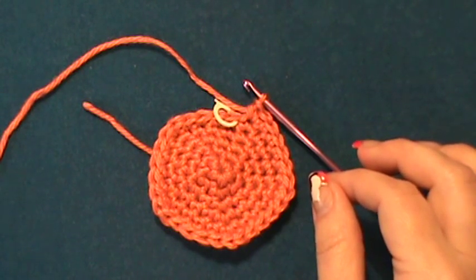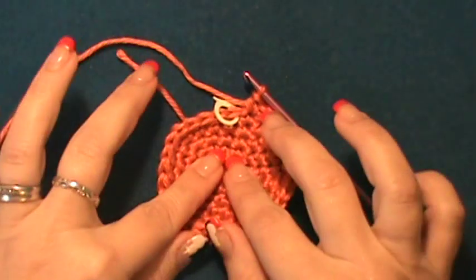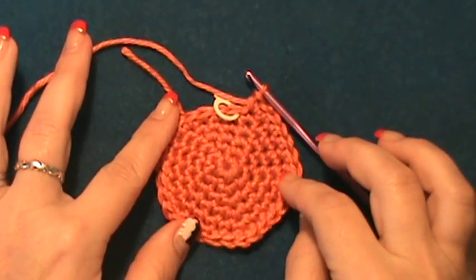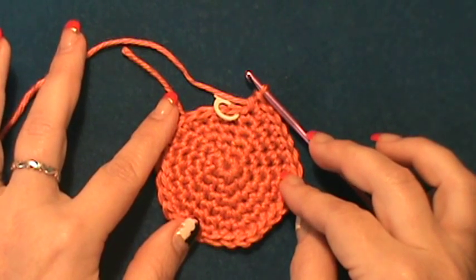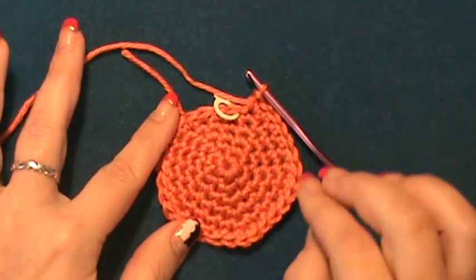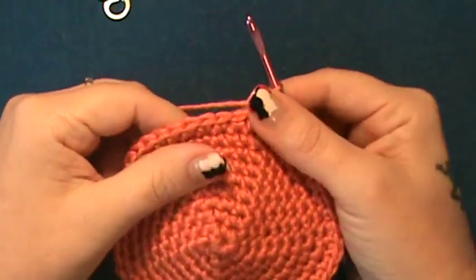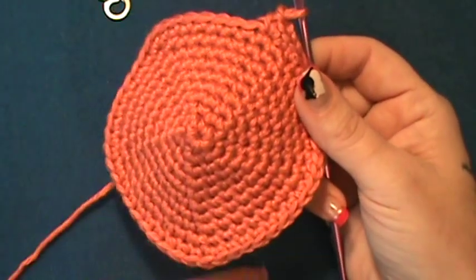favecrafts.com along with allfreecrochet.com. But the actual permission came from favecrafts.com. That is a correction. So, anyway, finish this up with rows 7, 8, 9, and 10, increasing 1 more stitch as you go, and I will meet you up for row 11. Alright everybody, I have completed all the way through row 10, which is the completion of our increase